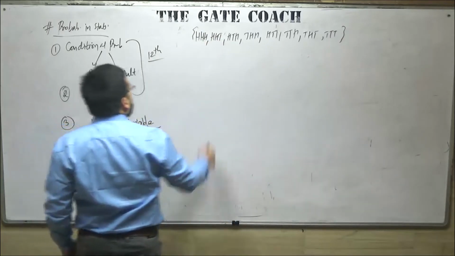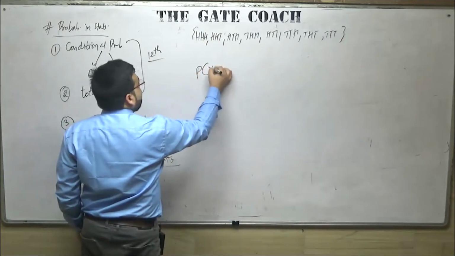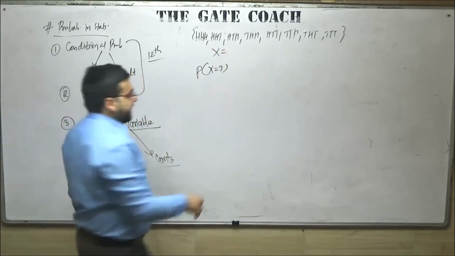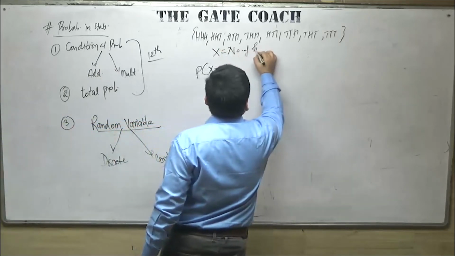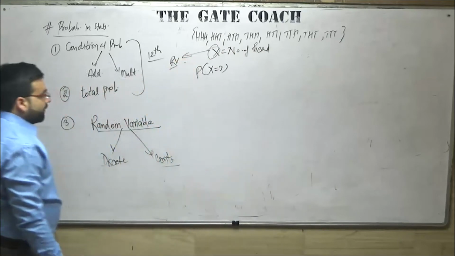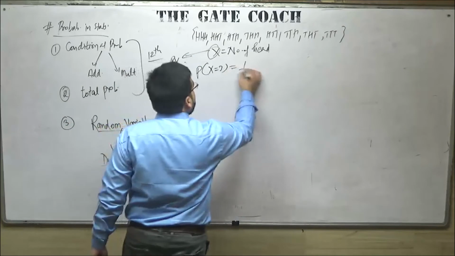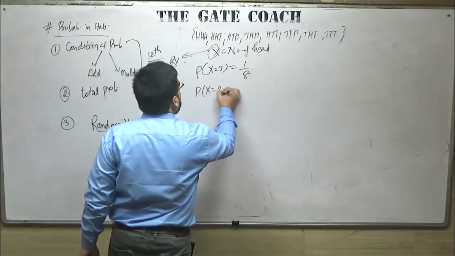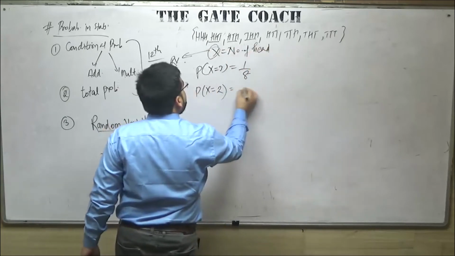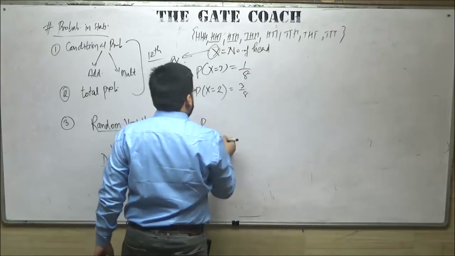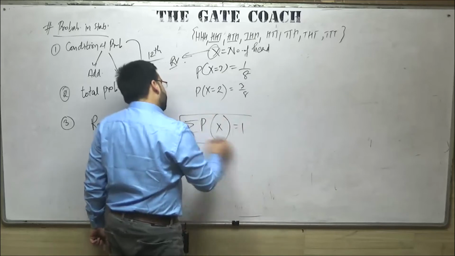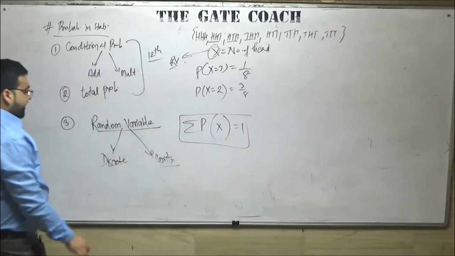If somebody is asking you the probability of getting all 3 heads, that is, probability that x will be equal to 3. Now what is this x? X I have defined myself. X is the number of heads. So this x becomes a random variable, which is a discrete random variable. In this case, x equals 3, it will be 1 by 8. Probability of x equals 2, getting head 2 times, 1, 2, 3, that is 3 by 8, and so on. And the summation of probability of x is always equal to 1. So this is what we discussed in the discrete random variable.